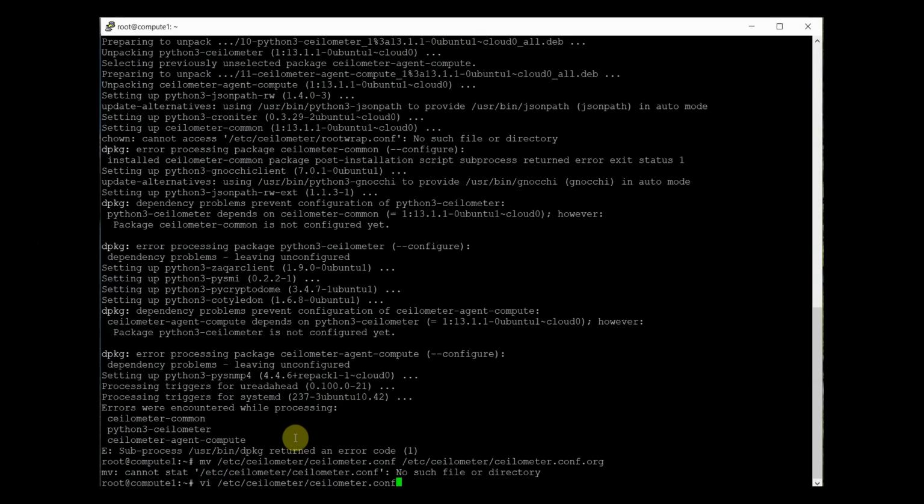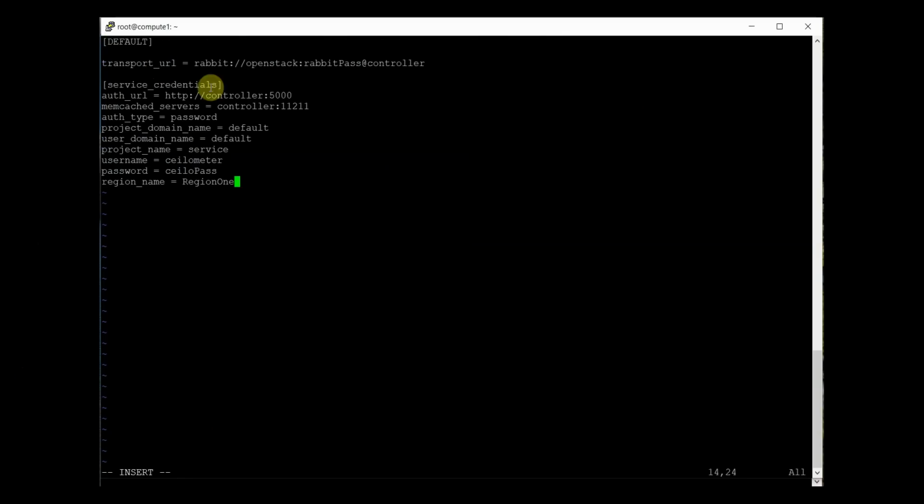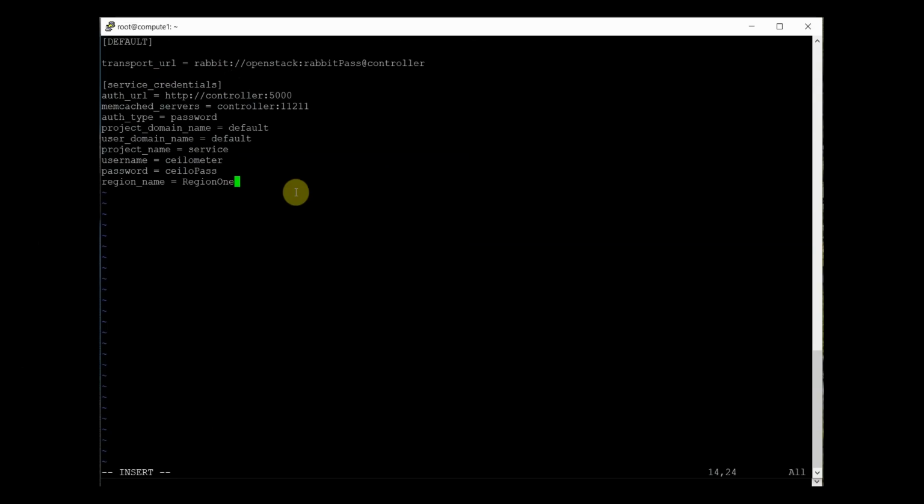I don't expect the file to be there, because I'm going to create it anyway. This is the default file which I'm creating. Because it is only a compute node, we need only this section, the transport URL and the service credentials. This is our Ceilometer configuration file.